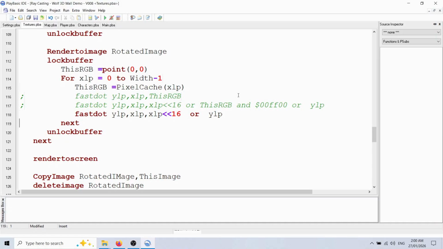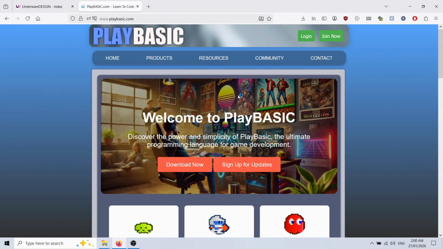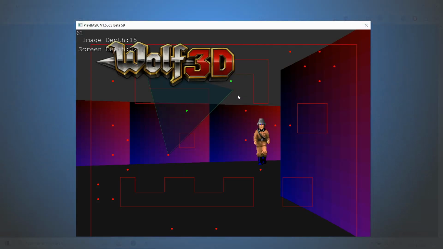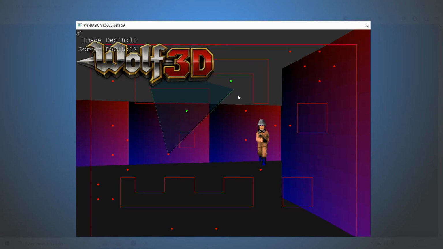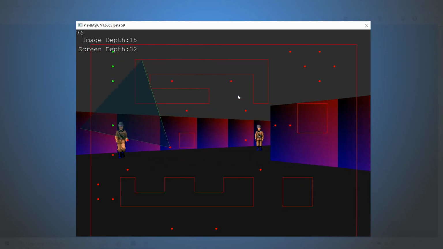I'll probably scale it up a bit actually. Scale up here by 2, because the texture sizes are like 64 by 64, so they're quite dark. Yeah, okay. You're probably going, what the hell are you talking about? Well,